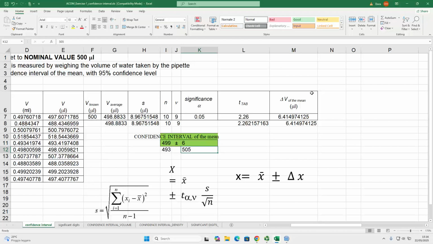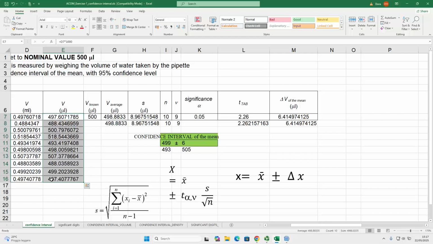Okay, these are the limits, the boundaries of this interval. And the significance is 5%. So, I predict that if 100 operators each perform 10 measurements of the same volume, with the same pipette and the same procedure, and each of these 100 operators obtains his or her average value, I predict that 95 of these average values will fall between